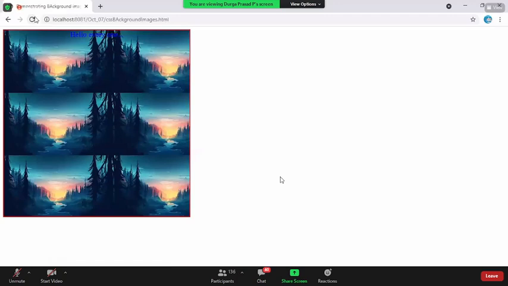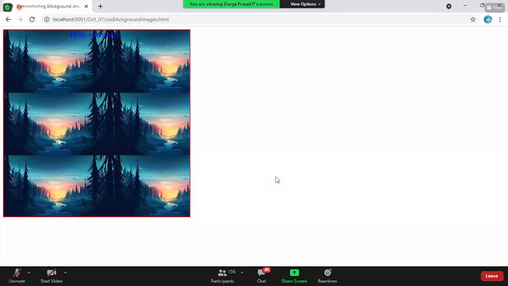Do you see the image is getting loaded on the page? Yes, it is super fine. But the first question you should ask is, boss, we have added a single image, so why is it getting repeated multiple times, both horizontally and vertically? The reason is that it is the default property a background image has. If the container width and height do not match the image's width and height, it gets repeated multiple times, both horizontally and vertically, so that it occupies the complete container by default.